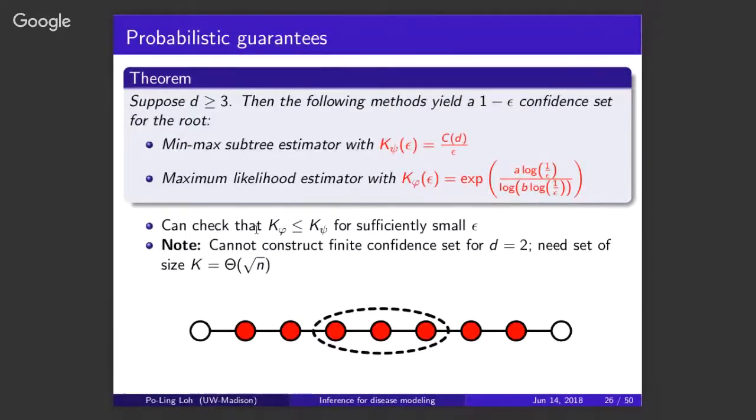So then the other statement on this slide was just to say, let's compare k phi to k psi. We didn't really show lower bounds on anything, but this is sort of just a sanity check that these are both sufficient conditions. It's saying that if you choose k psi nodes with a psi estimator, then you're guaranteed a 1 minus epsilon confidence set. If you choose k phi for the phi estimator, you're guaranteed a 1 minus epsilon confidence set. And it's just a quick check that, in fact, the guarantee is a little bit stronger if we allow ourselves to use the maximum likelihood estimator. So you can compare these two expressions and see that k phi is smaller than k psi.